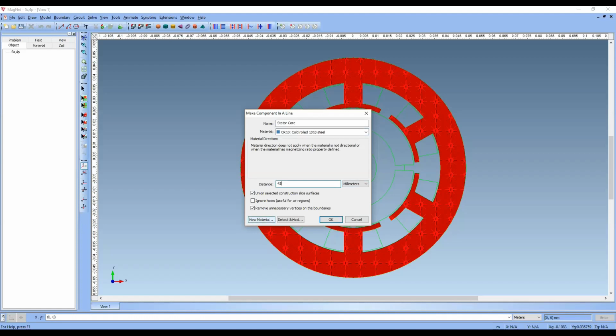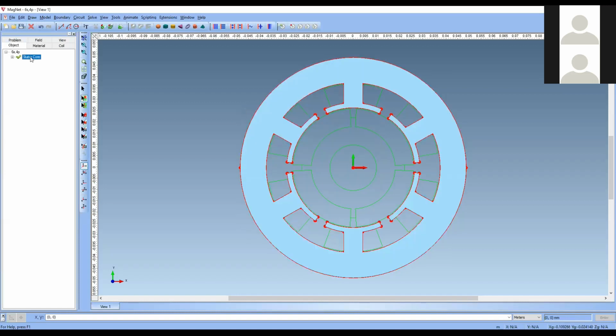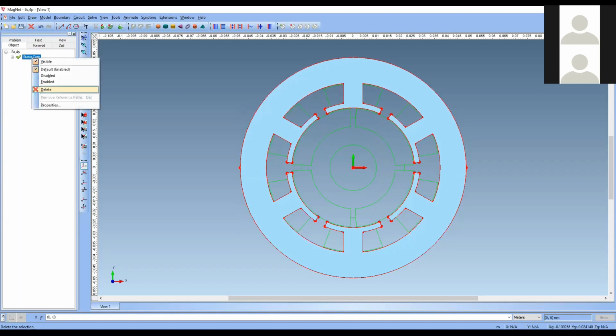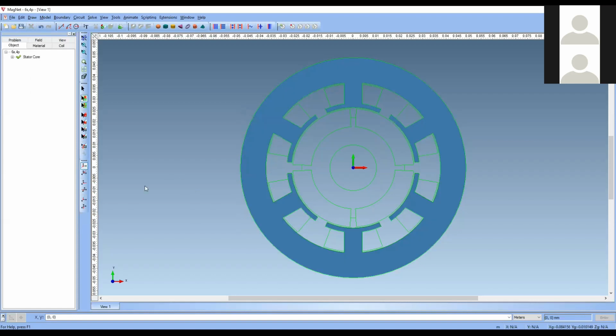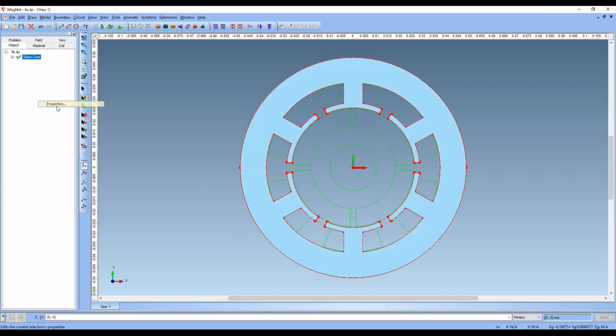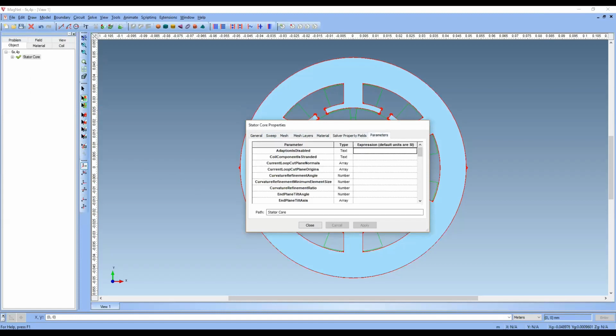By changing material property, as I told already, you can show some design variations. So you can put your own material properties and do research on that also. Now I have given like this. If you see, you have a stator core here. It has these many faces. In future, if you want to change any properties of the stator core, just go to the object screen and you can change the properties here. Here also you can change the properties. Any property you want to put, you can change here.